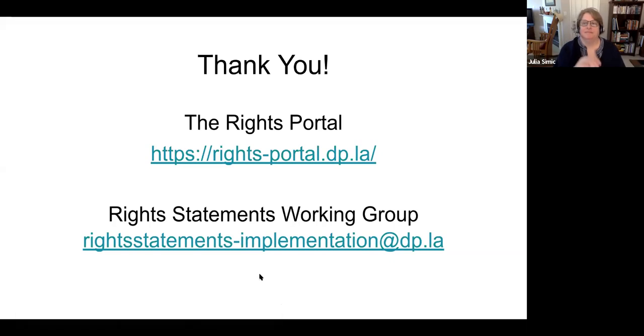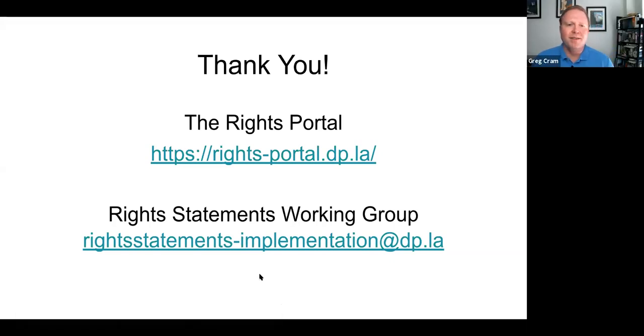Great. Molly, you've been working with MDL's implementation. We have a question from Megan. As we're working with our contributors to implement the standardized rights statements, is it problematic to have repeated rights statements fields where one field is their non-standardized local statement and their second field is the controlled rightsstatements.org statement or URI? Is it better to harmonize them and have one field, or can I continue to have a local field and a rightsstatements.org field?